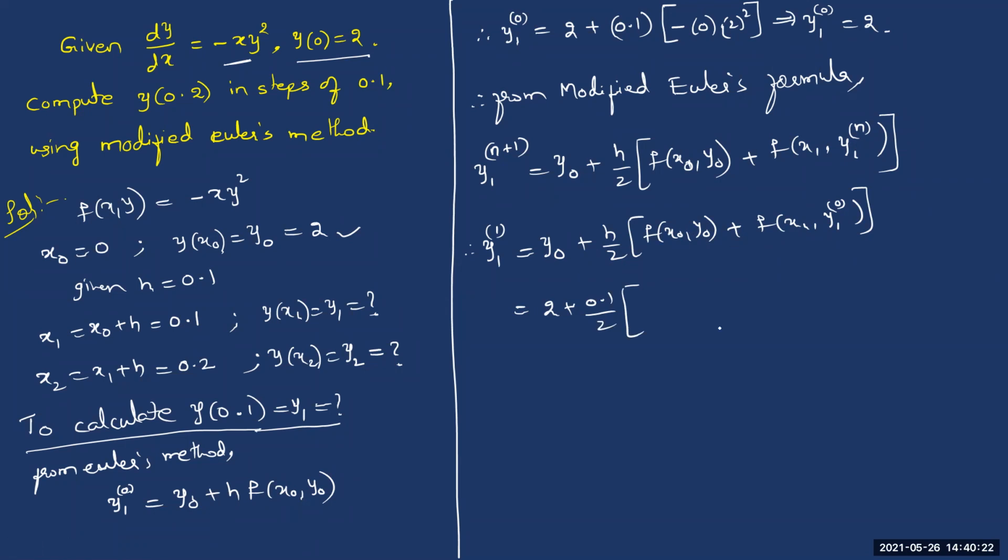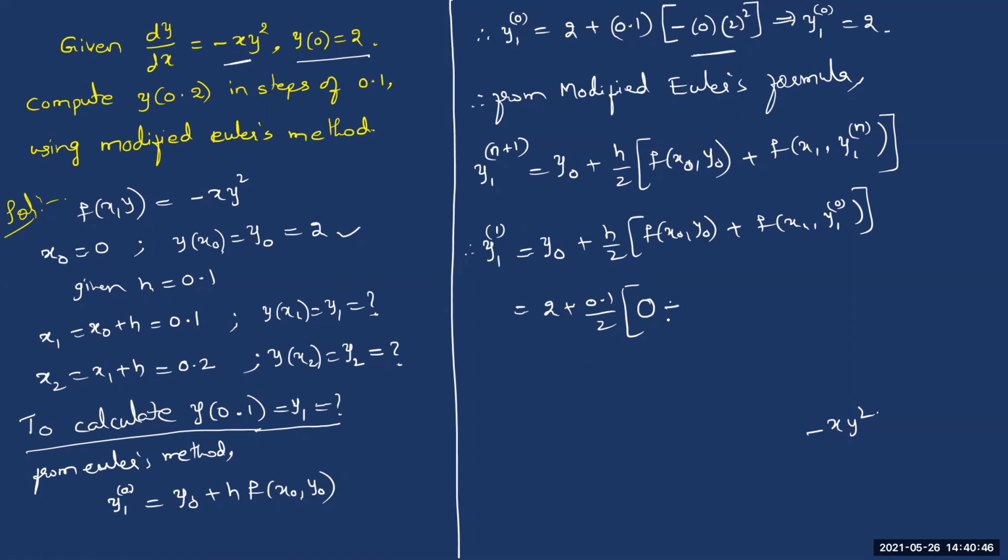You see, when it is f of x naught, y naught, the function is this, minus x y square. And in this, if you substitute x is equal to x naught, which is actually 0, you will definitely get this as 0. So I'm writing it as 0. Already, we have verified this from this idea only. When you substitute x naught equal to 0, we'll get this product as simply 0.